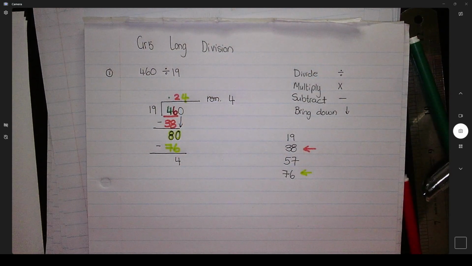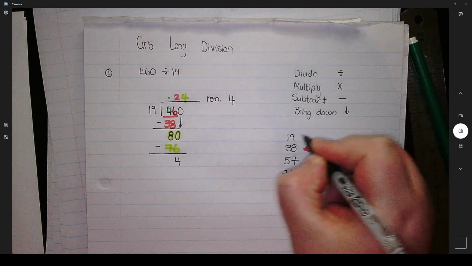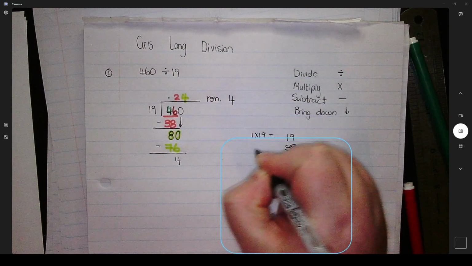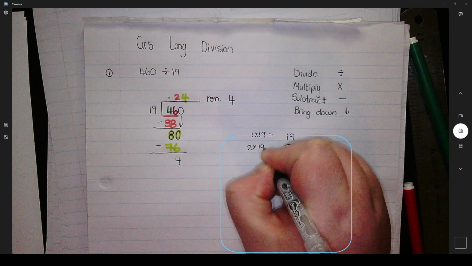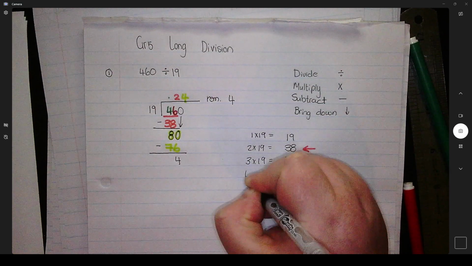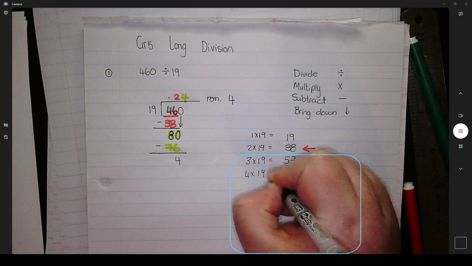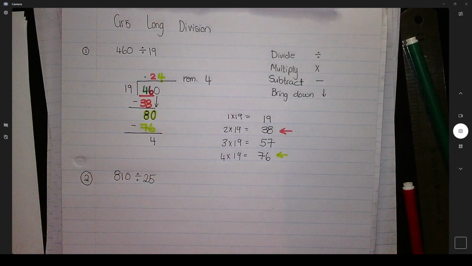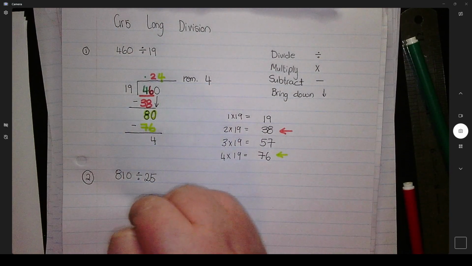What your teacher might call this is a clue board. 1 times 19, 2 times 19, 3 times 19, 4 times 19, and so on and so forth. Alright, let's look at our clue board for the second one. I'm going to write it as